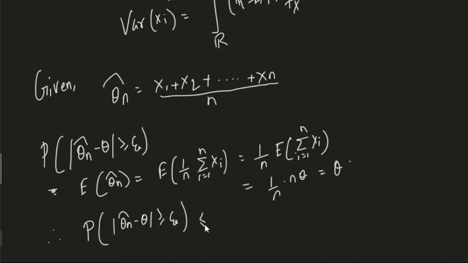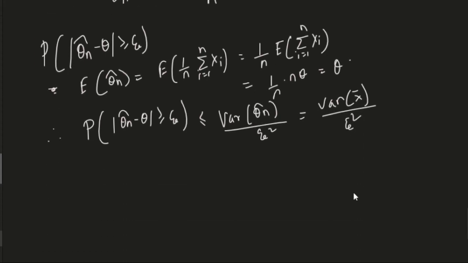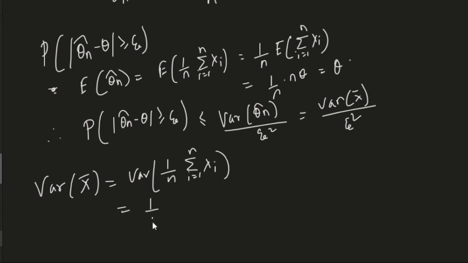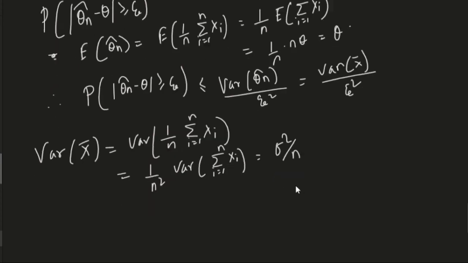less than or equal to variance of theta n by epsilon squared. And now variance of theta n is basically variance of x bar by epsilon squared. Now what is variance of x bar? Variance of x bar is simply equal to 1 by n squared times variance of the summation from i equals 1 to n of Xi, and this would be n times sigma squared, so it becomes sigma squared by n, right? Therefore